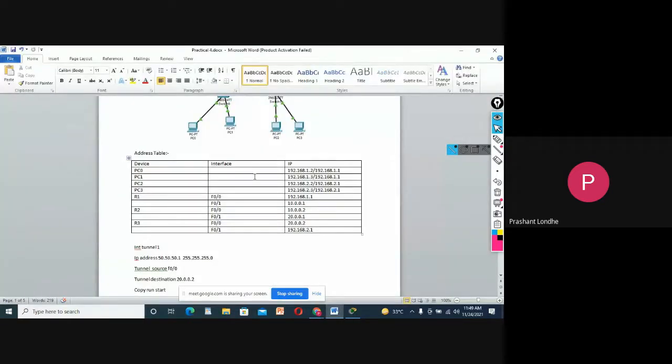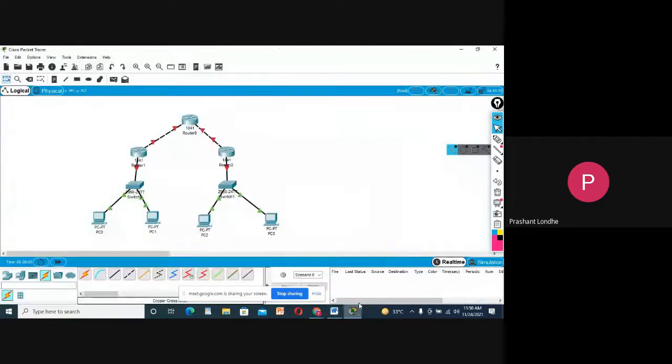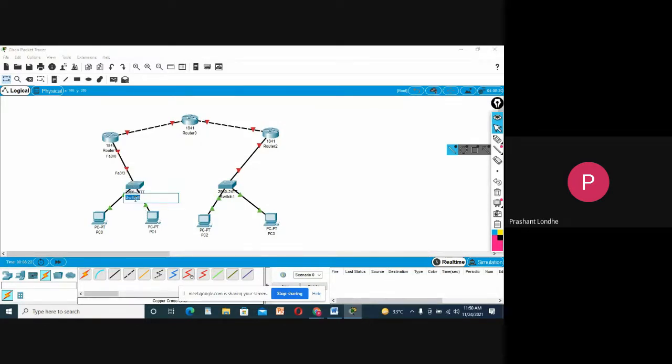Now I need to do the configuration for the routers. So simply I will check the connection. Just let me expand this. You can see this is FastEthernet 0/0. It's connected to FastEthernet 0/3 of the switch, let us name it switch 2, and the machines PC0, PC1, PC2, PC3.